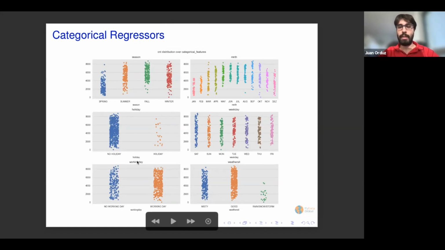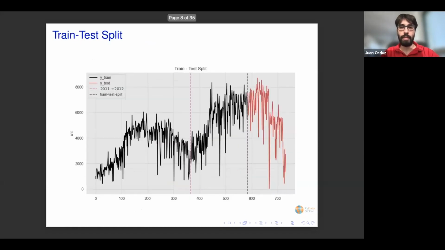We also have some tags about whether it's a holiday or not, and we also have an indicator of whether the weather is good or not that good. And it seems that when there's bad weather, people don't rent bikes that much. So we could argue that these features are relevant, and maybe it's a little bit challenging to add them all at the same time. But just for this exercise, I want to leave them all in the model to see how the model uses these kinds of correlated predictors.